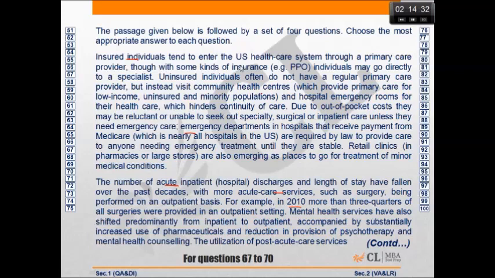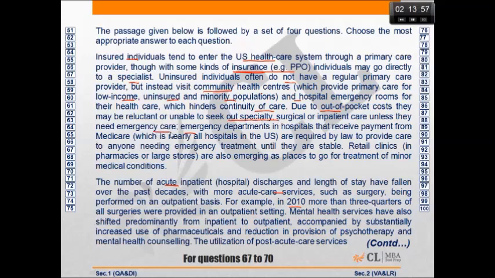Insured individuals tend to enter the US healthcare system through a primary care provider, though individuals may go directly to a specialist, with some kind of insurance. Uninsured individuals often do not have a regular primary care provider, but instead visit community health centers, which provide primary care for low income, uninsured and minority populations, and hospital emergency rooms for their health care, which hinders continuity of care. Due to out-of-pocket costs, they may be reluctant or unable to seek out specialty, surgical or inpatient care unless